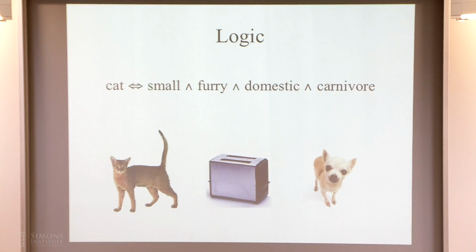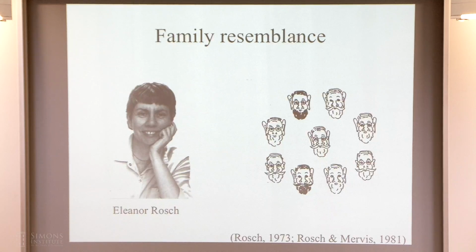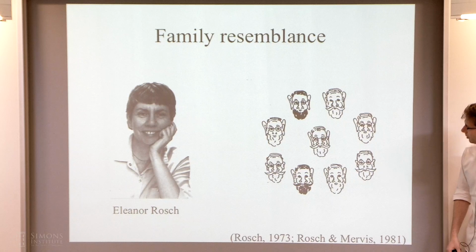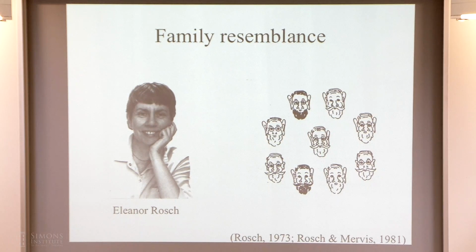And people kind of had faith in that up to about the 1970s, when Eleanor Rosch, who's a psychologist here at Berkeley, really convincingly showed that for many of the natural categories that we see in the world, this kind of structure where there's some defining rule doesn't work in characterizing the nature of those categories. And rather, she argued the way that we should think about categories is in terms of what she called a family resemblance structure. So if you look at these fellows over here who belong to a particular family, you can see they're all sort of related to one another. They all have some similarity to one another, but there's no defining feature that tells you that somebody is a member of that family, right?